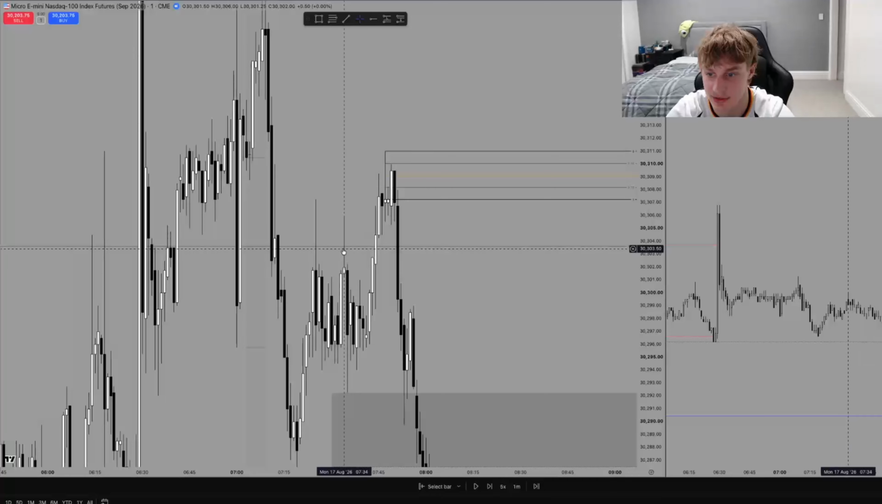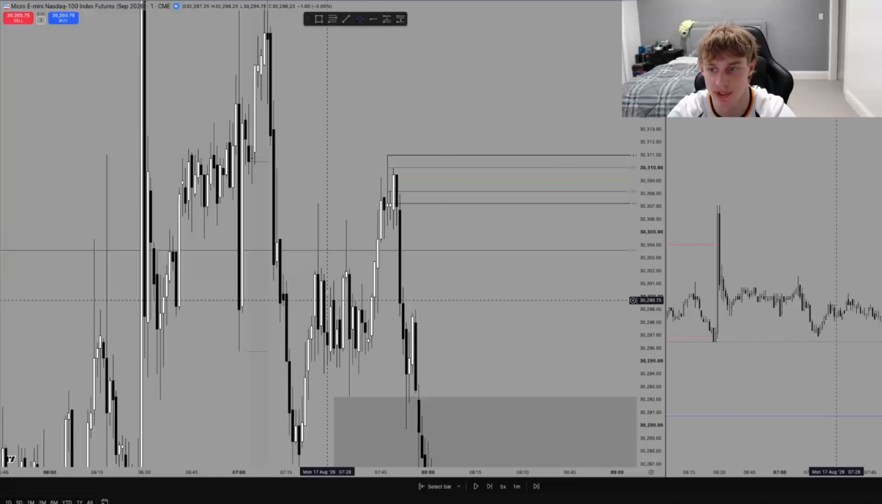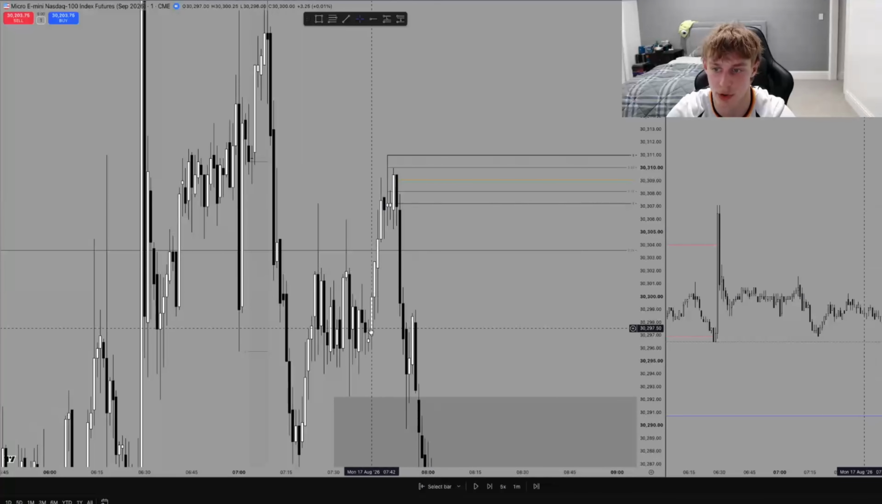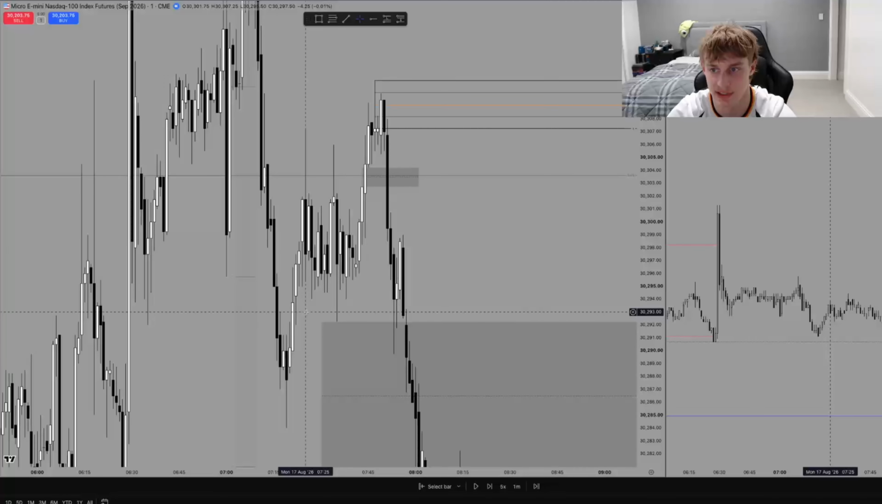What is this? So look at time. It is not a 30-minute first presented. However, it was accumulate, manipulate, right? No gaps here. This is our manipulation gap. When we inverse the manipulation gap, you know that we are at least going to run this low resistance liquidity